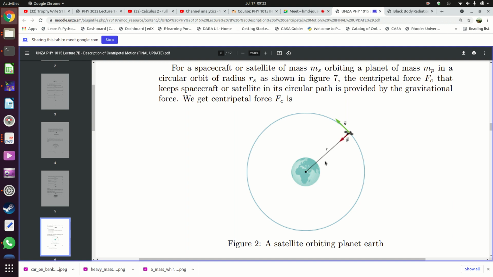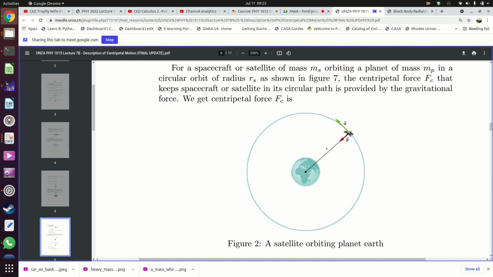The centripetal force in the case of spacecraft like satellites or the International Space Station, which goes around the Earth every 90 minutes, is provided by the force of gravity. And the distance between the spacecraft and the Earth is measured from the center of the Earth all the way up to where the